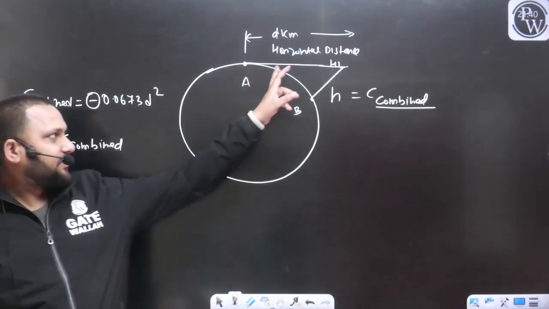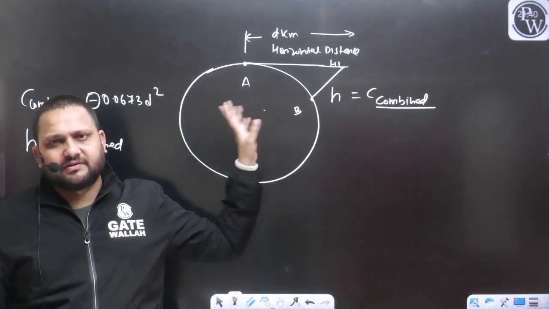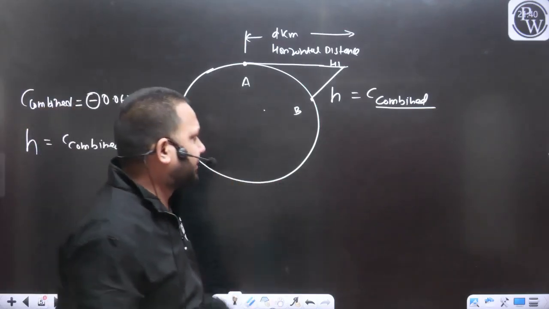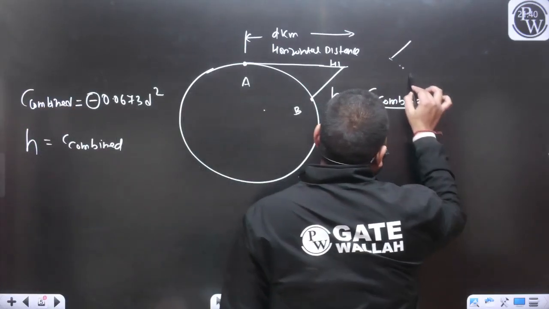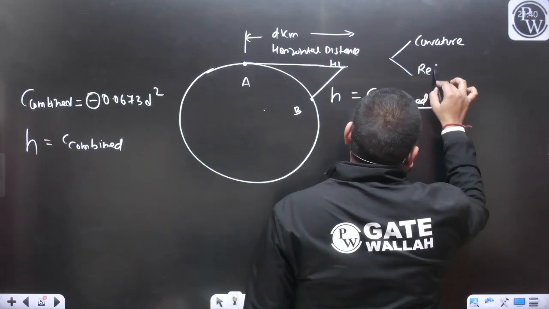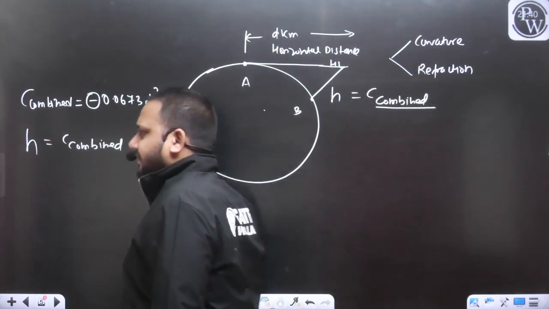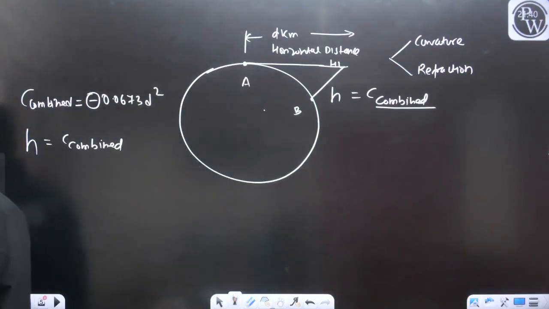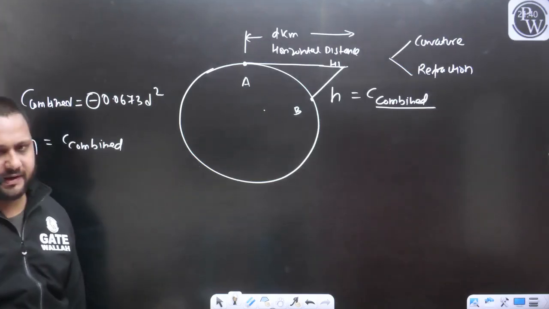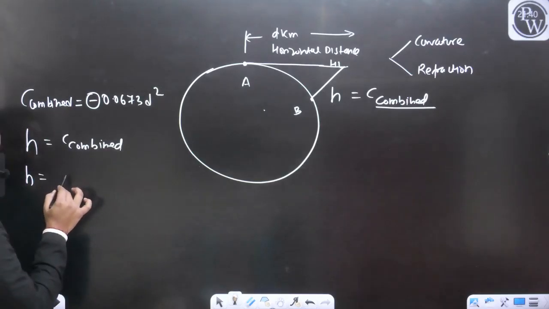Because in this we are considering the effect of the curvature of earth, while taking this measurement there will be the combined effect of the curvature and refraction both, yes or no? That's why we are considering the combined correction. So we know the magnitude of the combined correction, so h will be equal to